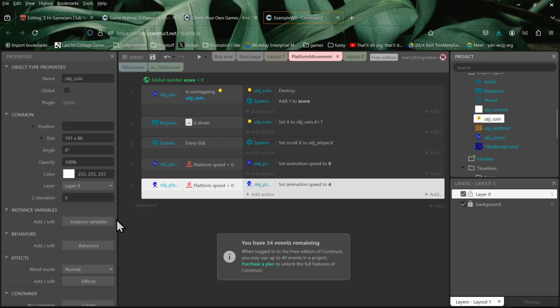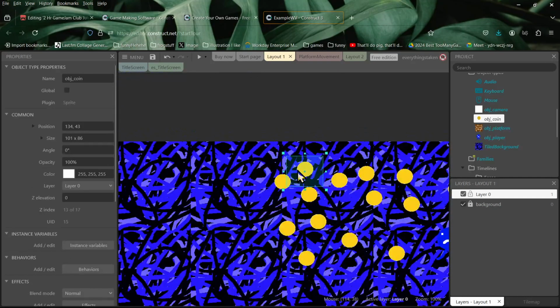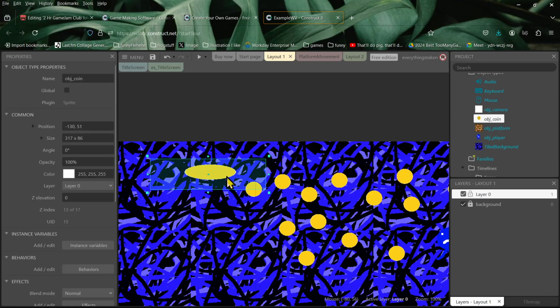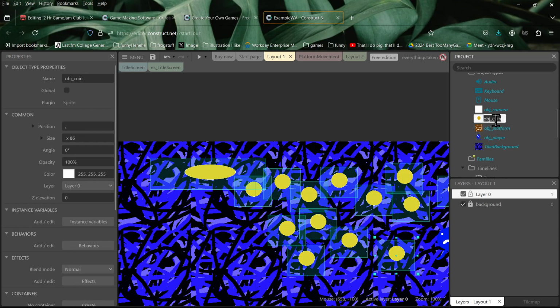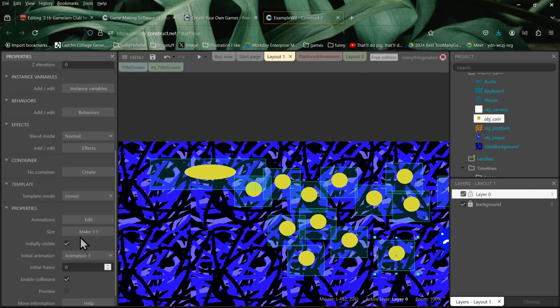Cool, that works. I think you can also just change it here. Maybe that's another thing you can do. It's not showing that common section for this object. It is for ones that I've placed in the layout, but not this one that I haven't. Wait, what do you mean? Where the size is in that common block on the left. I'm not seeing that whole section to change the size. Oh, I am seeing it for other objects, but not for this one. Maybe because I put the other one in the layout.